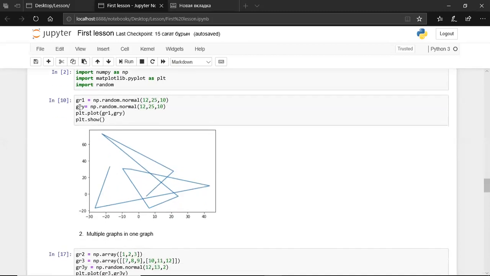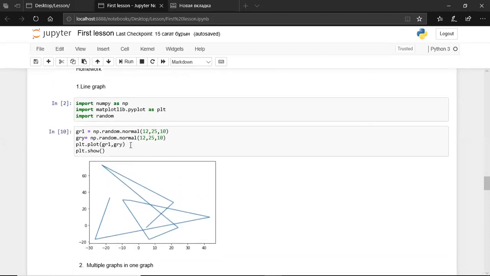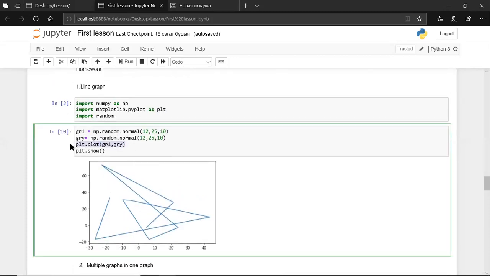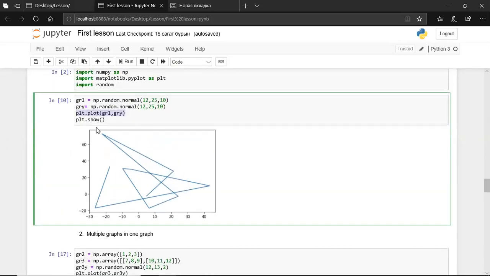The main thing in the line graph is just this code. This plt is Matplotlib's pyplot, and just plot. This makes our line graph, and we should write plt.show because if we don't write this, the line won't